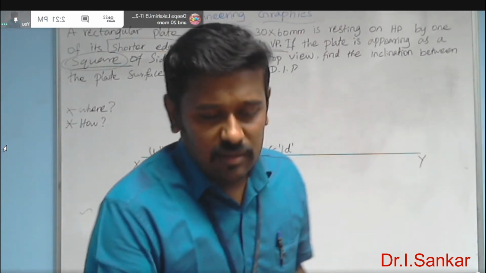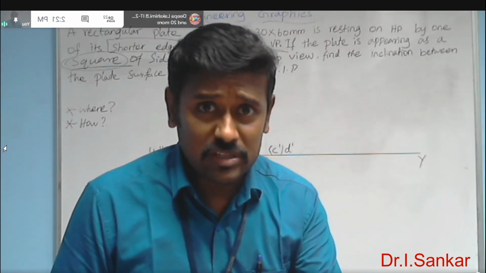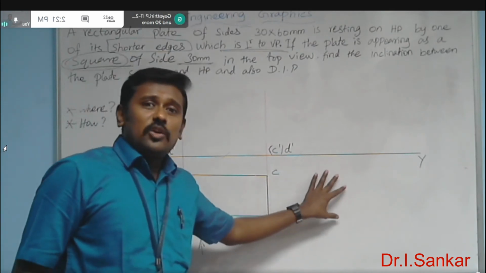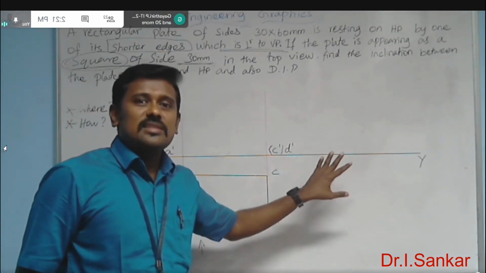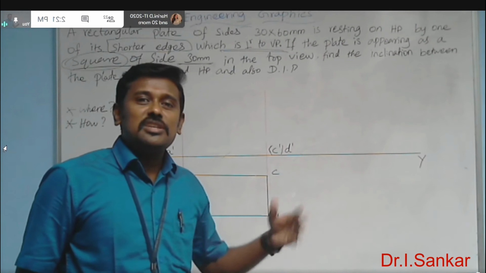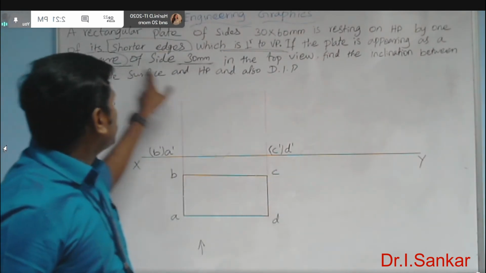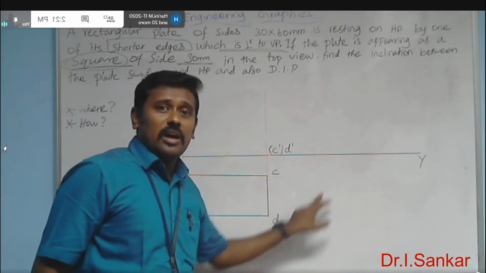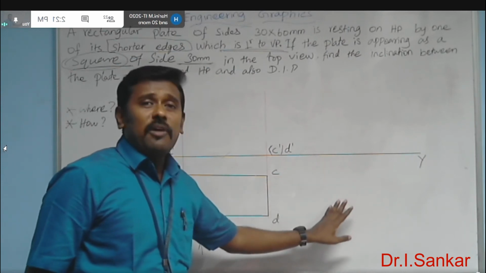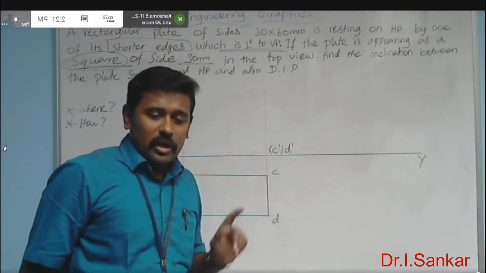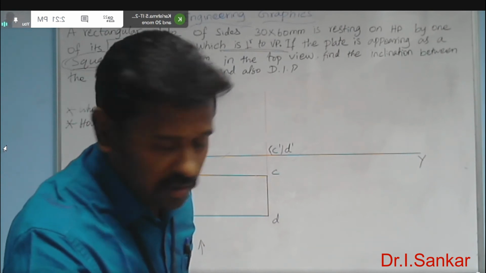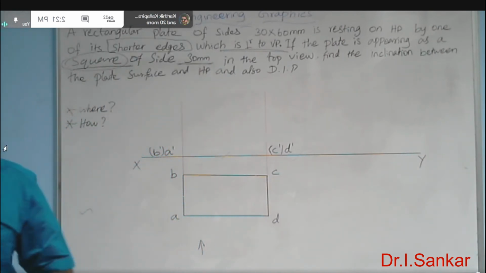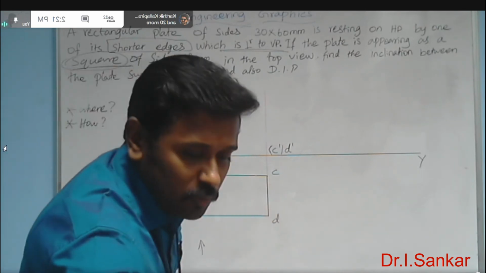For that, we are not going to use any simulation software here. You just have to draw the required final top view, because the required final top view is easy to draw. It's simply a square of side 30 mm. So once you have drawn that final top view here, with the help of the projectors you can complete it. How? See how I am doing. First you have to draw the horizontal projectors of this existing top view.